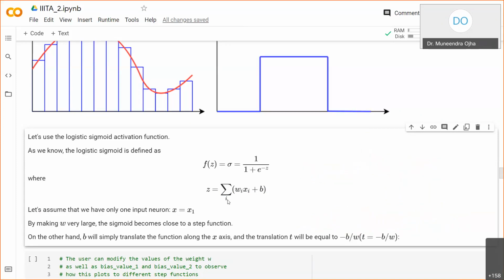So this is being passed to the sigmoid function, and the output of the sigmoid function now is the output of